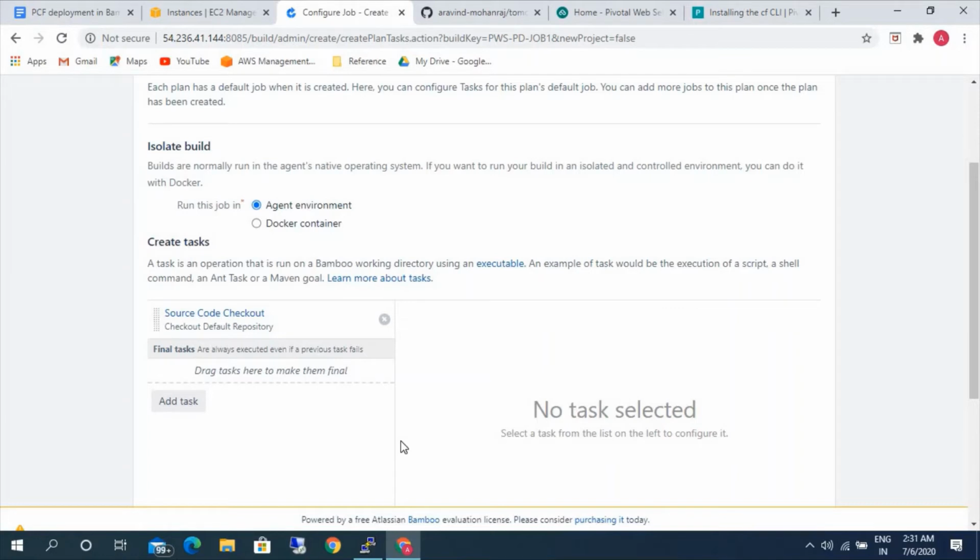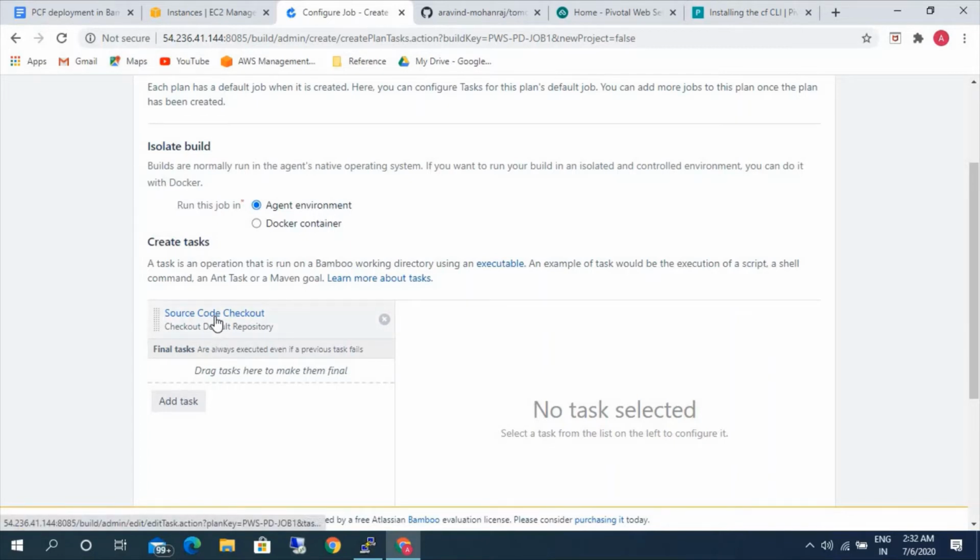If you have seen our previous video on CI/CD, we built the code and deployed it on a Tomcat server. We used the agent environment, and also a Docker container and Docker image, to build our code and deploy it in the Tomcat. Here, since we installed the CFCLI in our Bamboo server, we'll be using the agent environment. In case you want to use Docker, that is also possible. In Docker, while creating the Docker image, you need to install the CFCLI in the Docker image as well. Since today we'll be just using the agent environment.